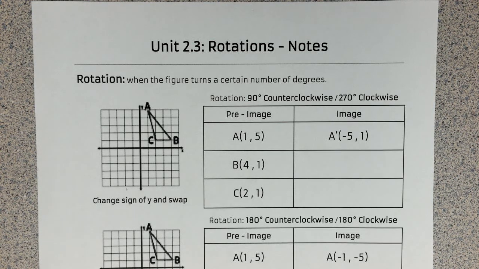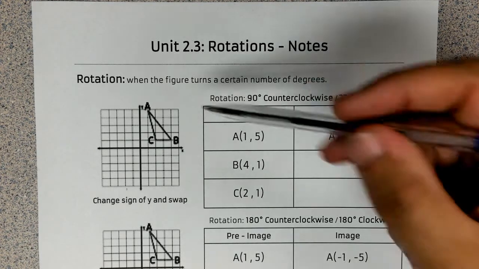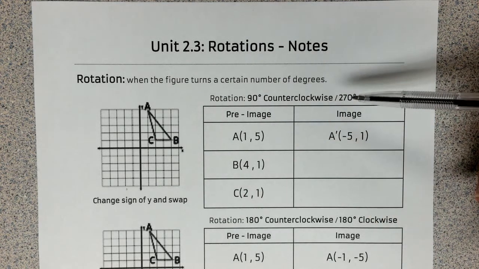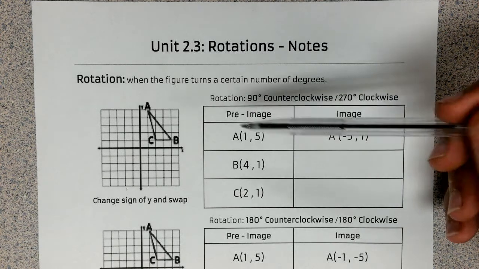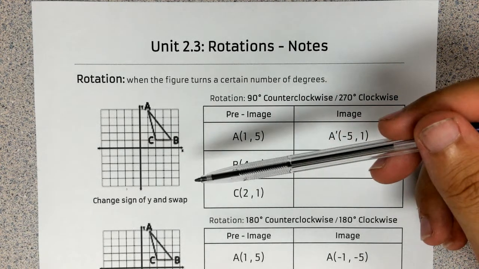Okay, this video will cover how to make a 90-degree counterclockwise rotation, also known as a 270 clockwise rotation. So, remember, a rotation is when the figure turns a certain number of degrees. Okay? So the first thing we're going to talk about is if I have a graph, to help us out